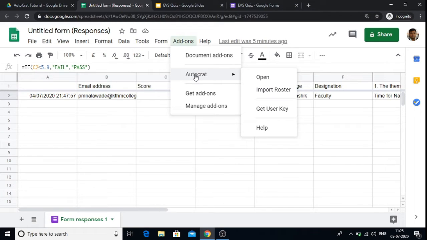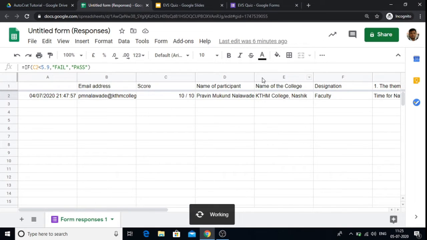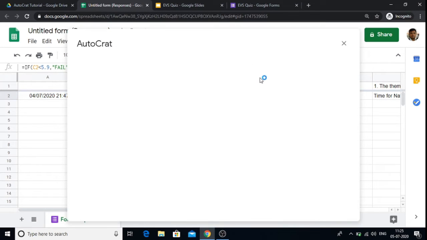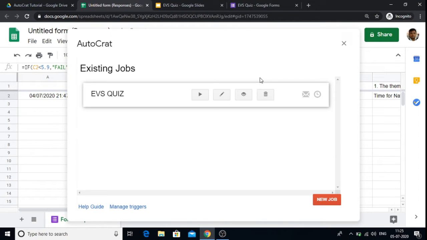If you are using Autocrat for the first time, then the system will ask you to install it and then you have to open the add-on button. Autocrat consists of 8 to 9 steps. Follow the steps as you observe in the video.